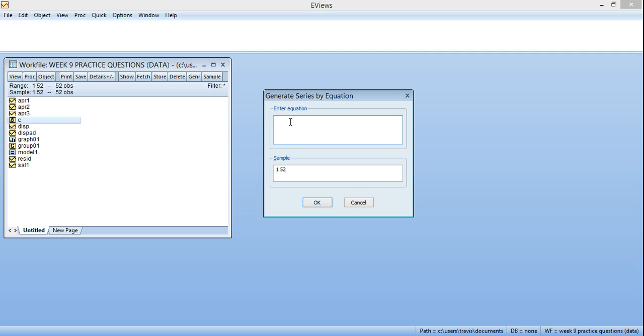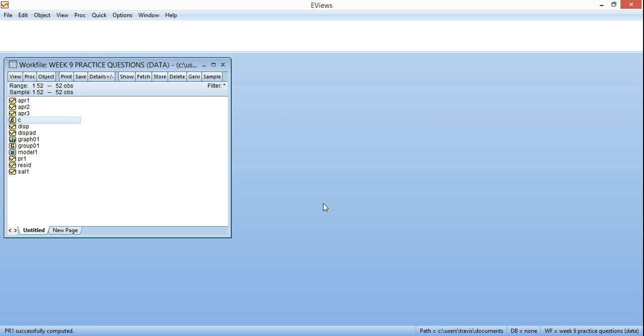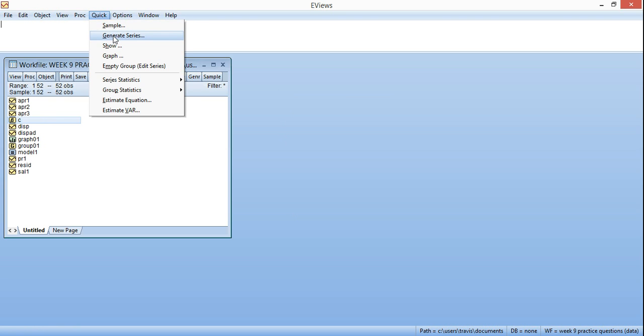So my equation will be that PR1 is equal to APR1 times 100. And you can see that a new series PR1 just arrived here in the work file object. And I'll repeat that for the other two